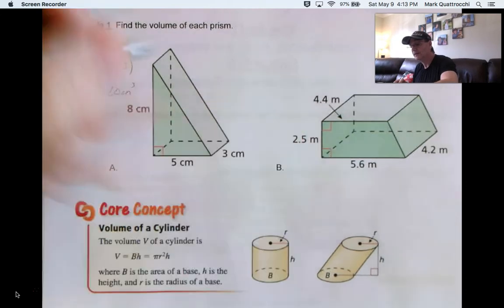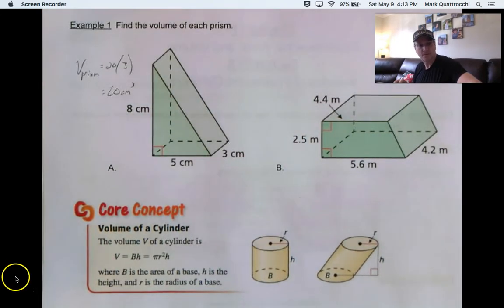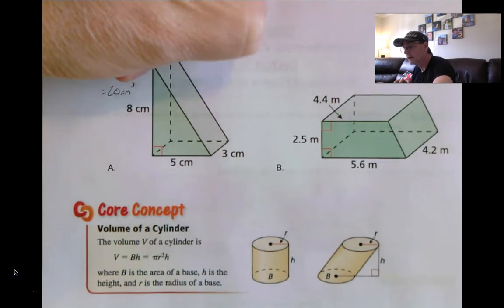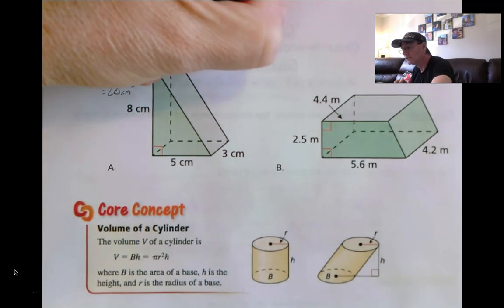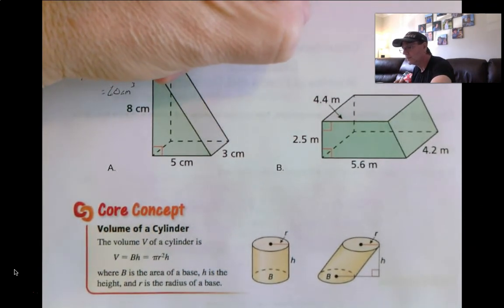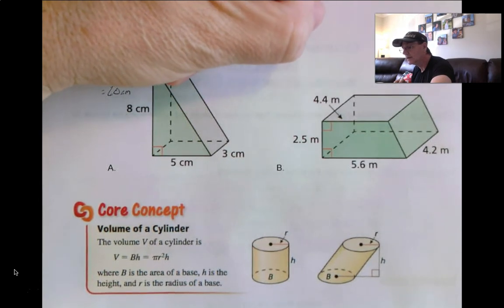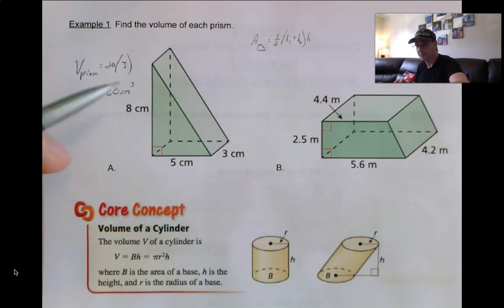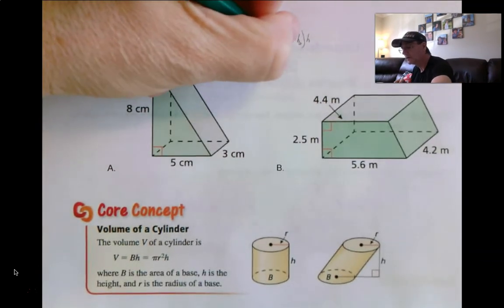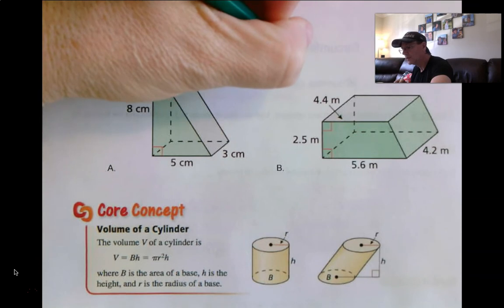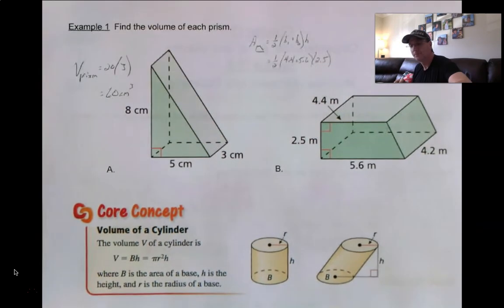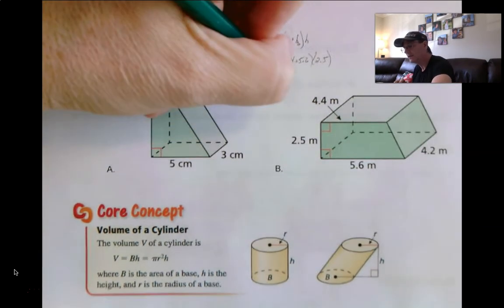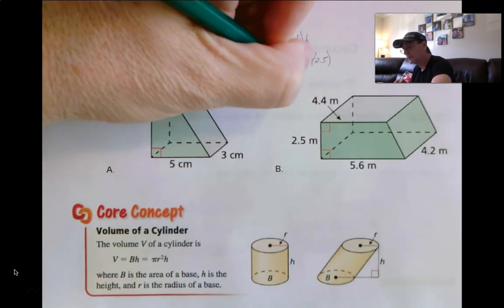So let's first find the area of the trapezoid. So get that off the screen. Area of the trapezoid equals 1/2 base 1 plus base 2 times the height of the trapezoid. 1/2 times 4.4 plus 5.6 times 2.5. 4.4 plus 5.6 is 10. Half of 10 is 5. 5 times 2.5